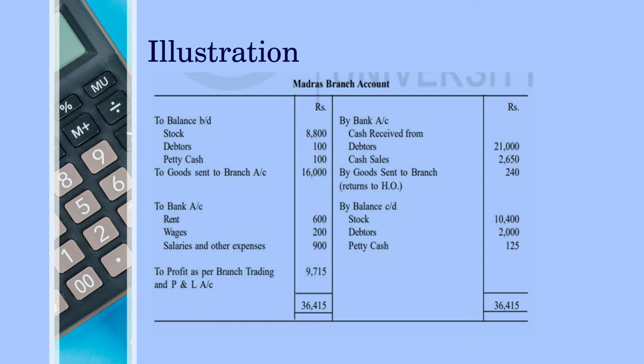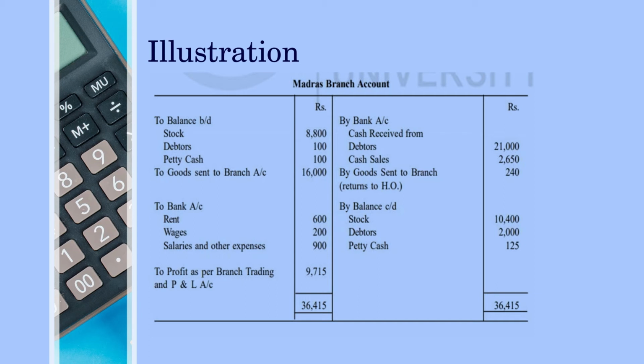To bank account, rent 600, wages 200, salary and other expenses 900. Kindly check it. These are the expenses incurred by the branch. Rent 600, wages 200, salary and other expenses 900. To profit as per branch trading and profit and loss account